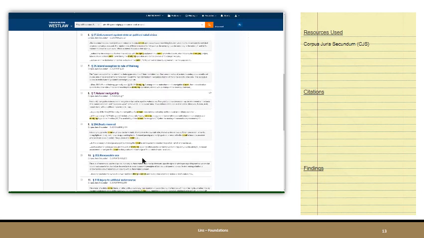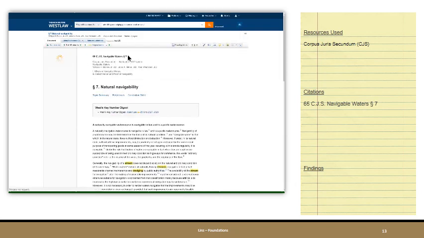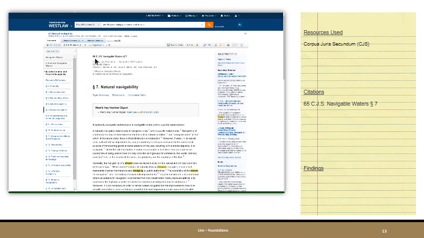After doing some research, I might conclude that I really need to look at this title, natural navigability, and we're now within navigable waters as the topic, and the citation would mean volume 65 of the print volumes, Section 7 is in natural navigability. So we want to orient ourselves to where we are. We look for a table of contents. This helps us for contextual clues. We already know it's under navigable waters. It's under specifically what are navigable waters, and determination and proof of navigability. Maybe this will be helpful for us.